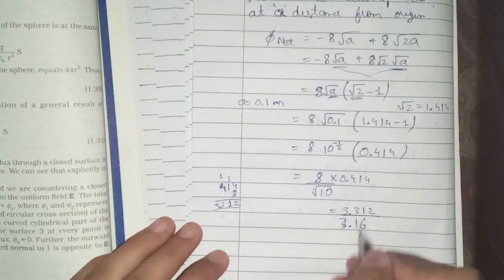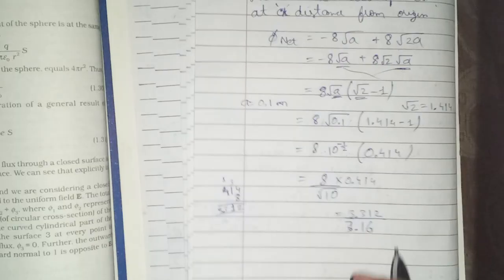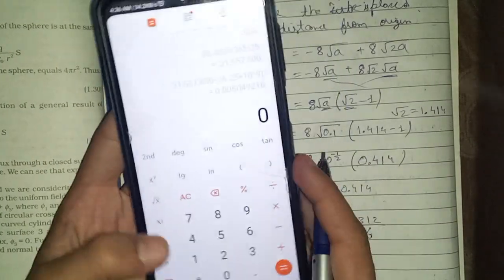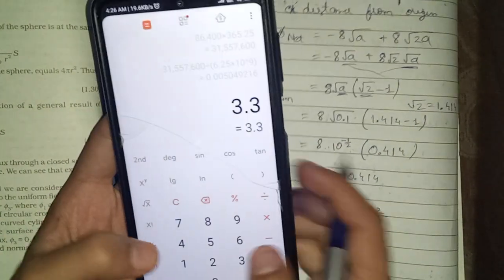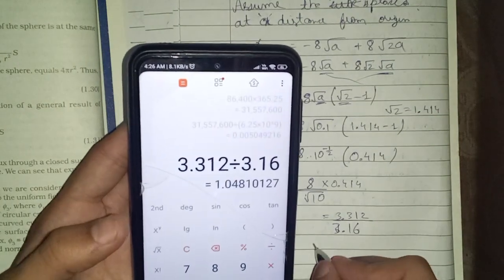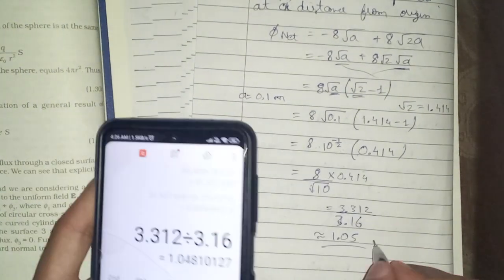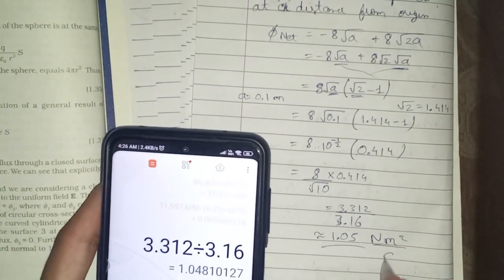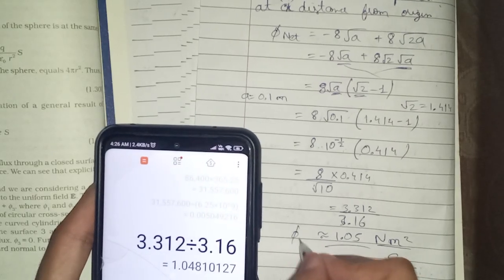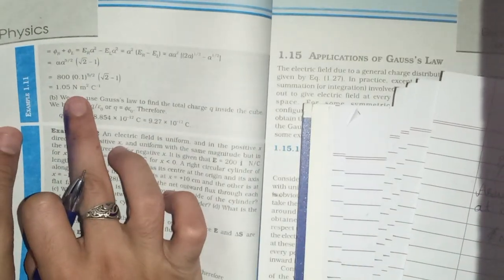It's close. We can cut it somewhere. Let's just divide it: 3.312 divided by 3.16 is 1.05. Flux has a unit. So let's see, does it match? Yeah, it does match,